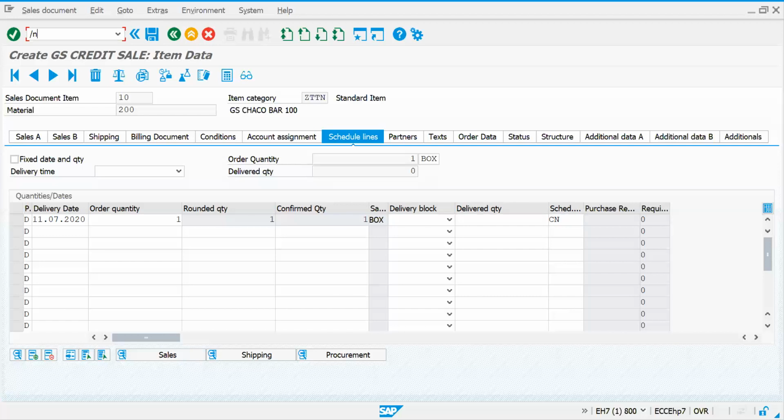We'll get back to the schedule line category also, because if you would like to determine certain quantities and delivery days, you importantly need schedule line categories also. Okay, let's go to the path now. I will show you where we are going to define schedule line categories and what is the relevance of it.